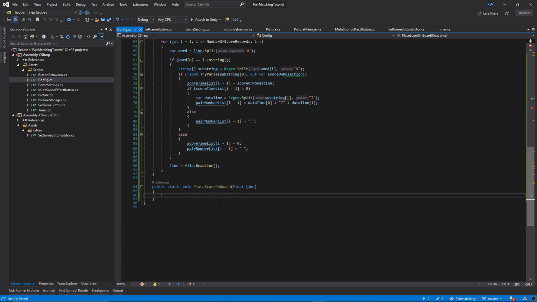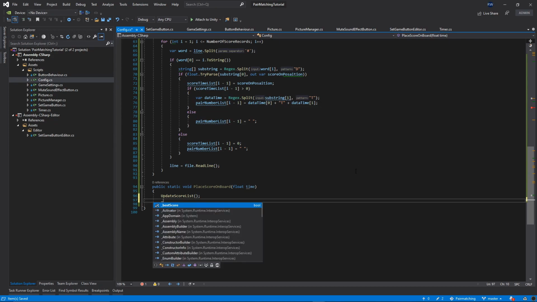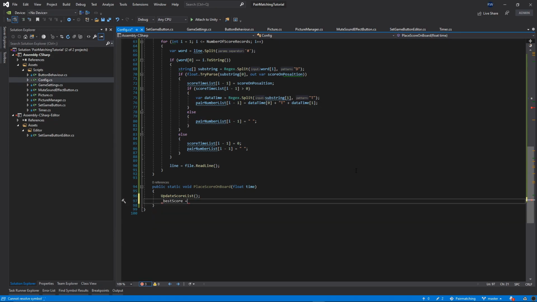Okay, and this function first of all is going to call the update score list. So first of all we're going to update the list, then best score will be equal to false,